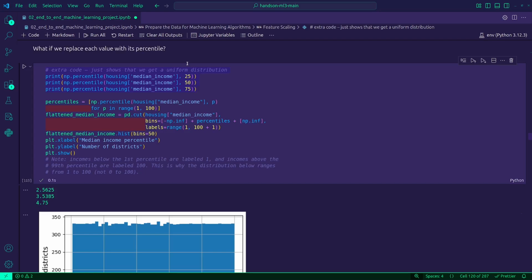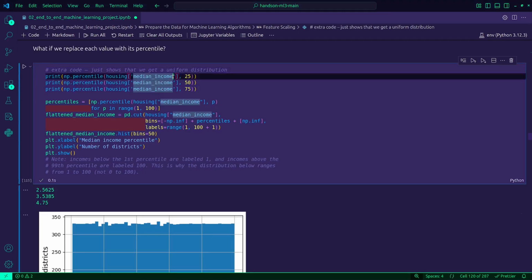I was just testing something. Basically, I wanted to make sure that this line of code does what I think it does. And I think I understand it now, because these are percentile values that tell us how our data is spread out in terms of distribution. So we have this line of code, which represents the value below which 25% of the incomes fall.